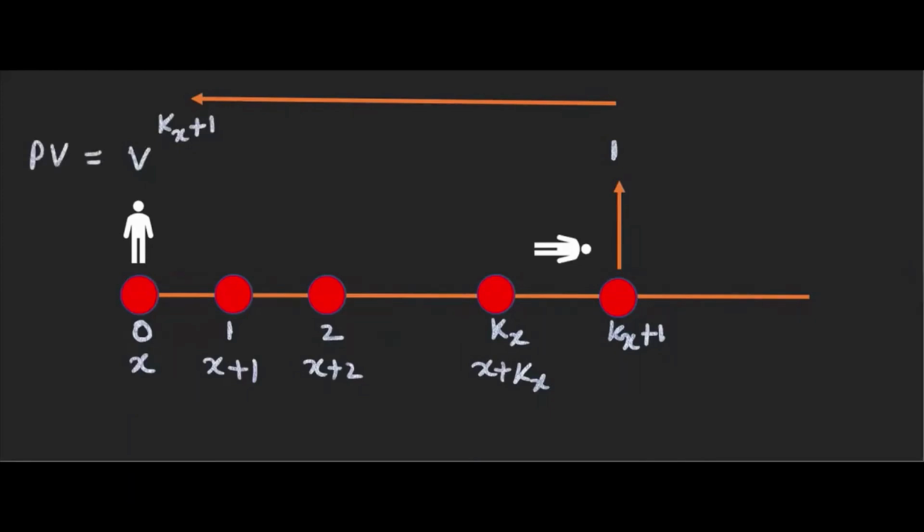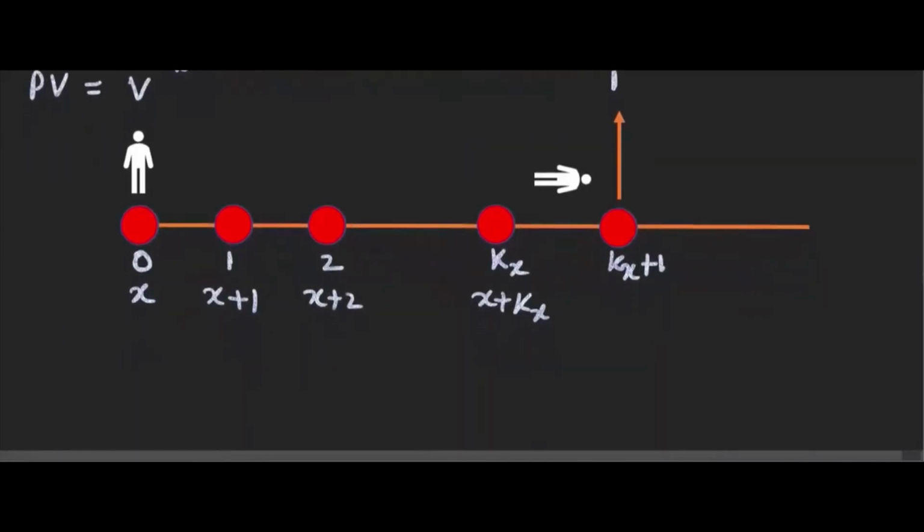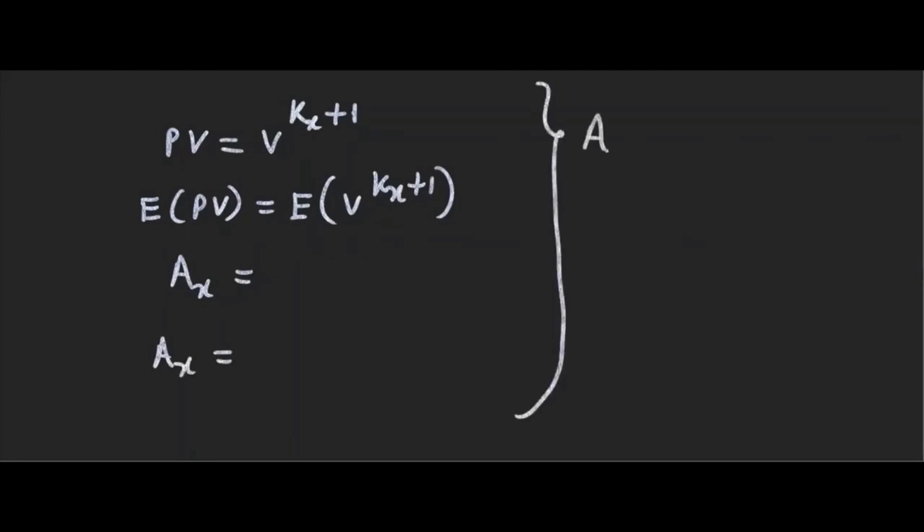So if you know the present value, you should be able to find the expected present value. So what is the present value here? Present value is equal to v power K plus 1. K is the random variable here. If you find the expected present value, that will be equal to E of v power Kx plus 1, and the notation is Ax here. You have to remember these expressions you are developing now. And let me write also x here. Ax is